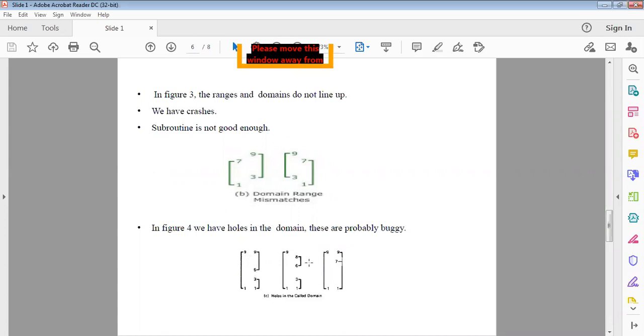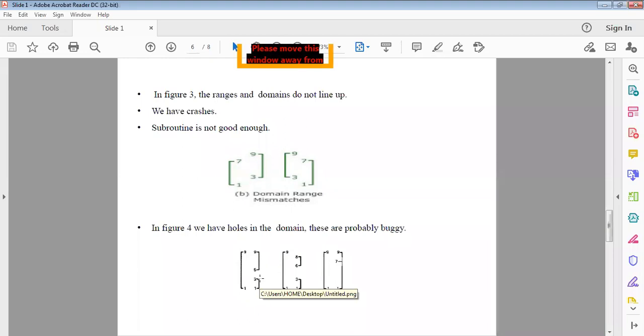This representation is called the incompatibility representation. This is what is said to be a bug. This is a bug representation. So these are the different incompatibilities of span. If it produces these types of incompatibilities, then it is said that the domain span is not compatible.